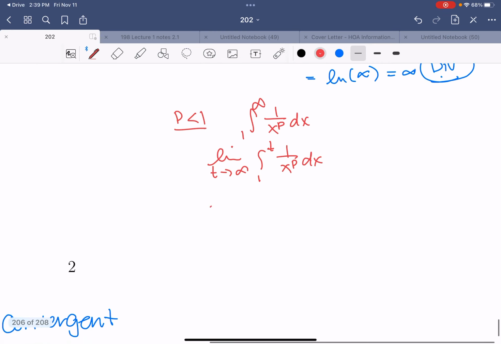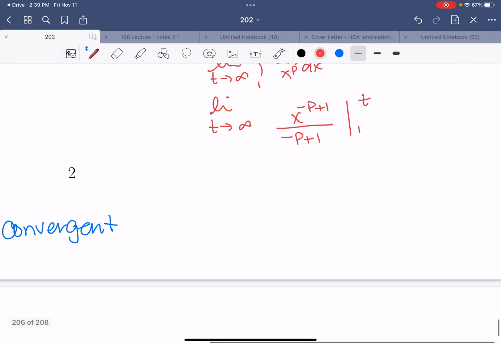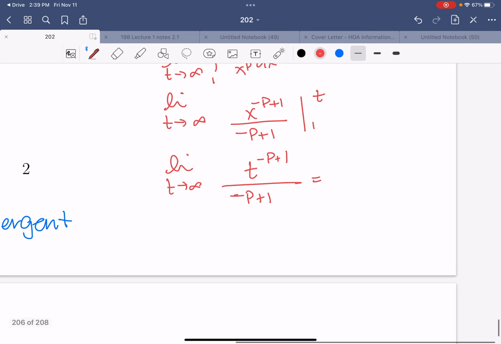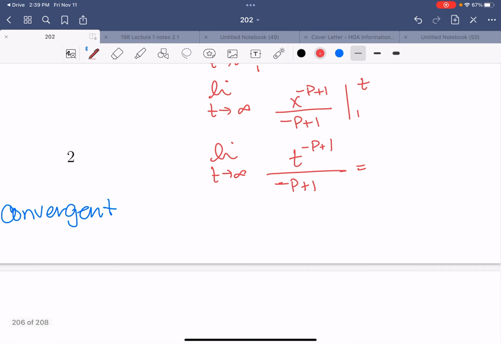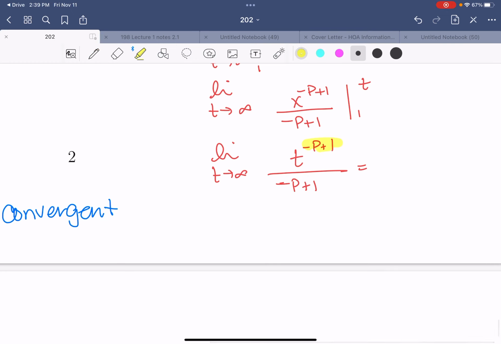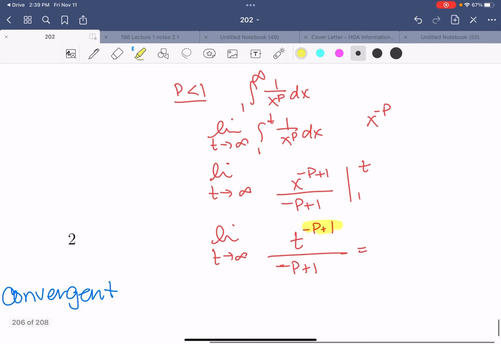And now when we take the antiderivative, this is, again, x to the negative p. So we get x to the negative p plus 1 over negative p plus 1 from 1 to t. And so you have the limit as t goes to infinity of t to the negative p plus 1 over negative p plus 1. And now when you take infinity to a negative p plus 1, what happens with this power? So negative p plus 1, when p is less than 1, means that you're going to get something that is,